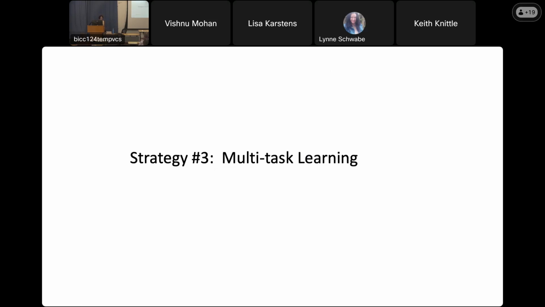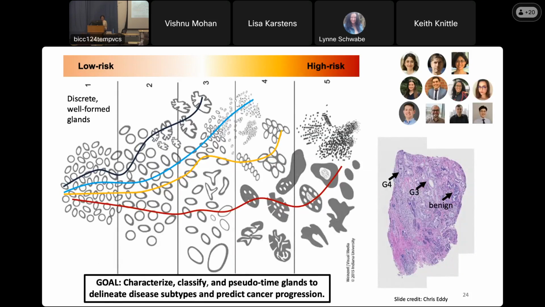So I want to move into the third strategy, called multitask learning. In this case, the case study here is the characterization, classification, and pseudo timing of prostate glands to delineate disease subtypes and predict cancer progression using a combination of histopathology H&E stained images, as well as multiplexed immunofluorescence images. So there are two image modalities, and our goal is